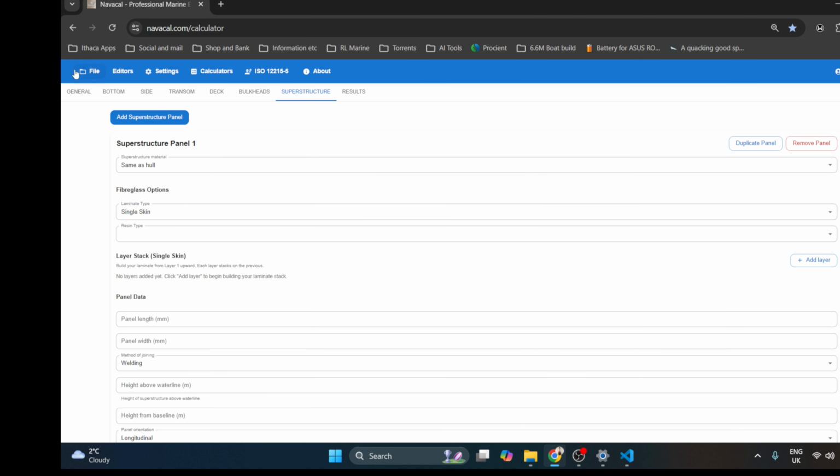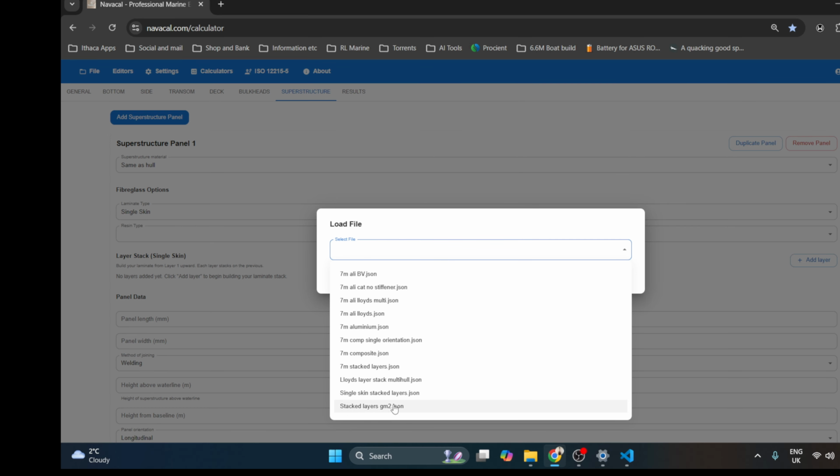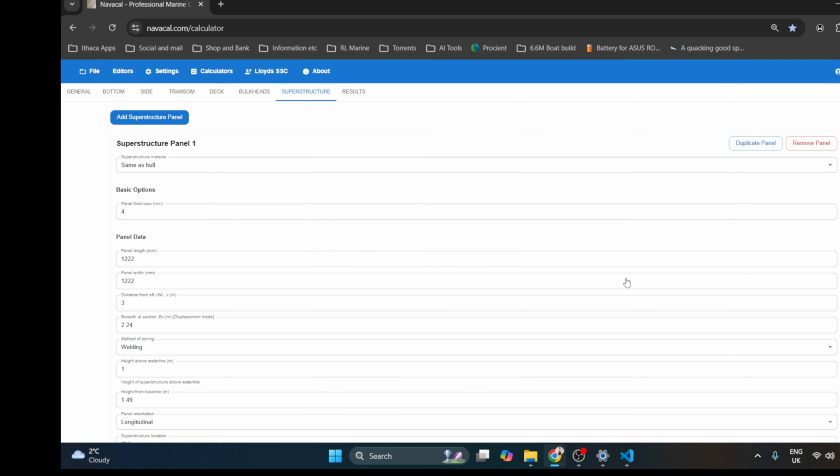This is an existing test project I have, and then we'll click File, Load, which will then give me a list of all the files saved within this project. So click this one,